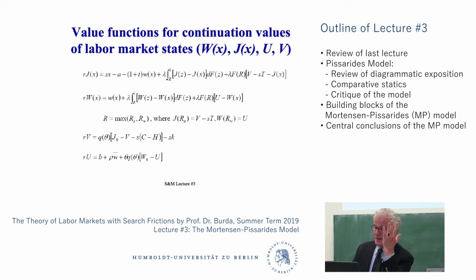And if we break up, what happens? I have to go back into the vacancy posting mode, and I have a capital loss. I lose J of the last value of X, and I also have to pay the severance tax. I have to pay the government or a lawyer or somebody, again, the red tape costs of the job separation. Now, in the model that we'll do next week, we'll strip this down considerably. We'll get rid of all these bells and whistles, but we'll still have J of X, because if the firm continues to exist, it's going to have J of X, and if it goes into vacancy posting mode, it's going to get V. So that's the bare bones, the Pissarides logic, if you like, from the previous lecture.